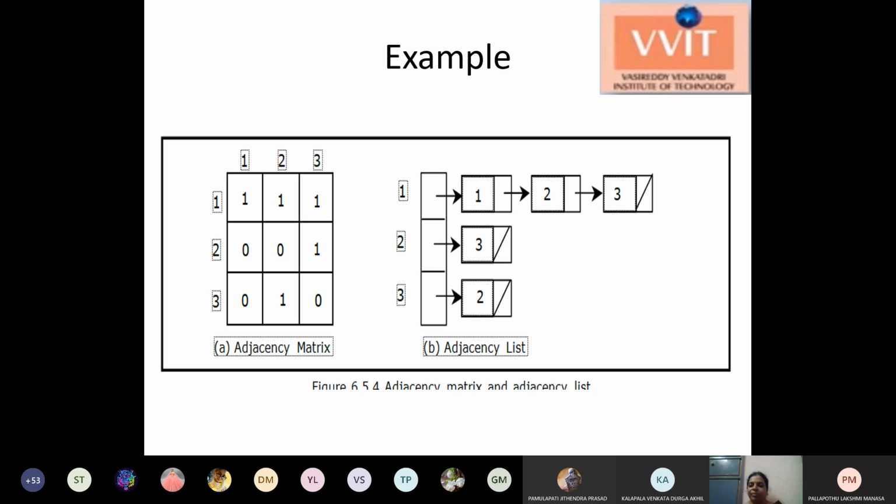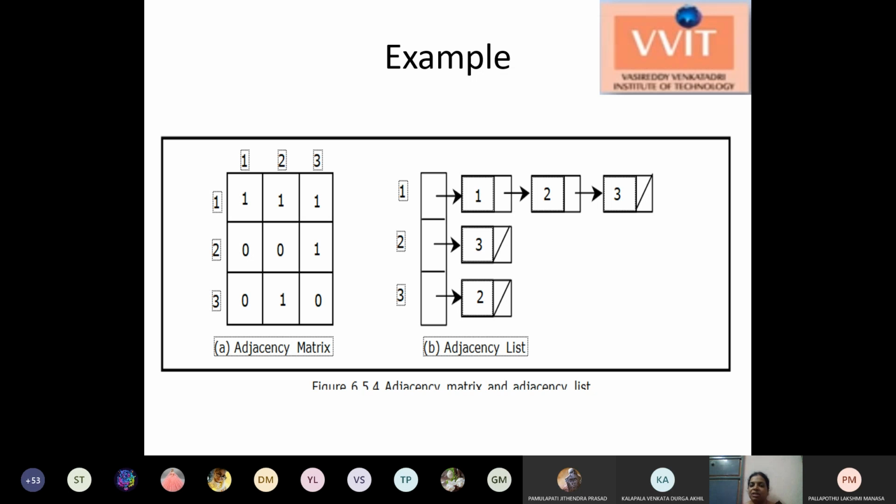Like this we can represent the adjacency list, with a different linked list for each vertex. But the general way of representing graphs is the adjacency matrix, because it is an easy way to access the elements. The adjacency list is somewhat difficult, so generally it is not preferred.